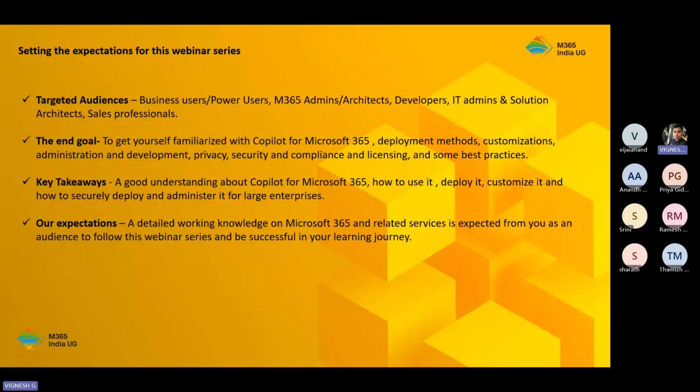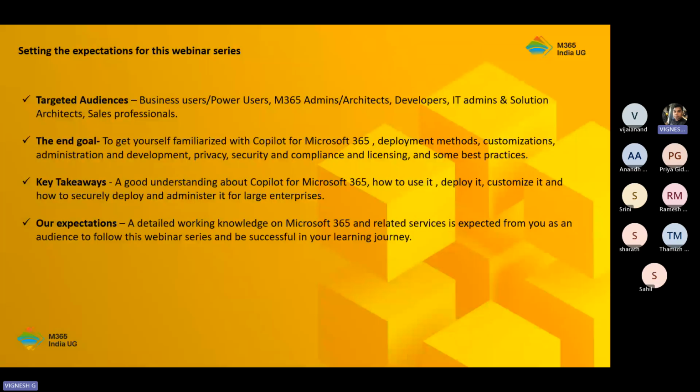The end goal is to make sure that you get familiarized with the concepts of Copilot for Microsoft 365. You understand how to deploy this service. You understand the different customizations that are out there, the different administration settings, the privacy, security, licensing, pretty much everything. We want to make sure that you're successful in your journey in learning Copilot